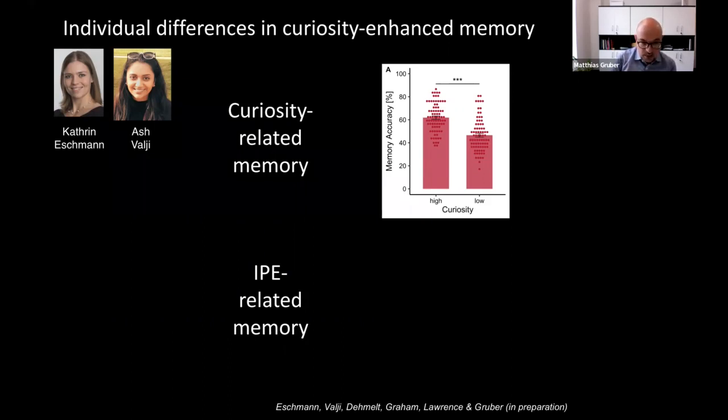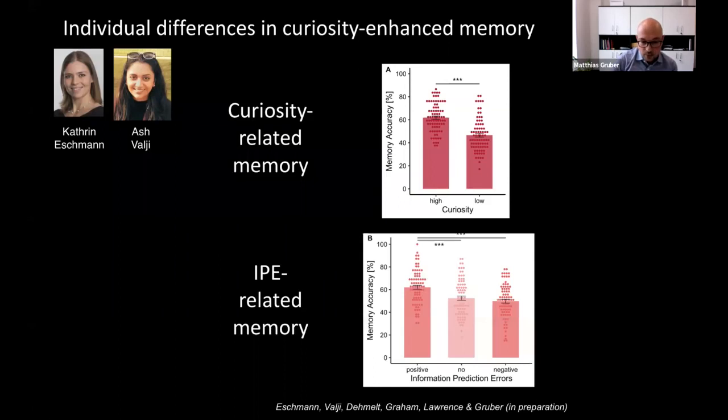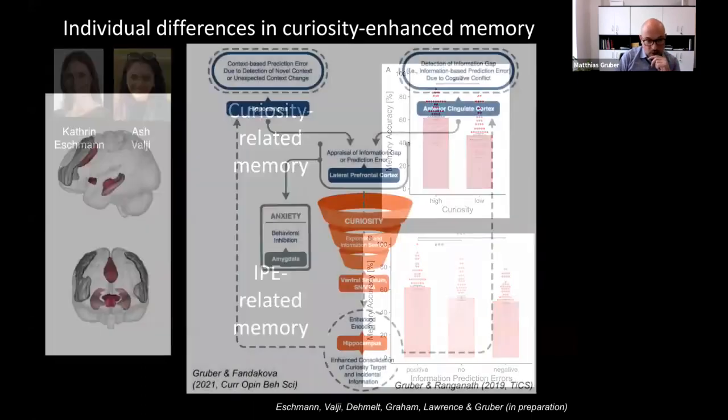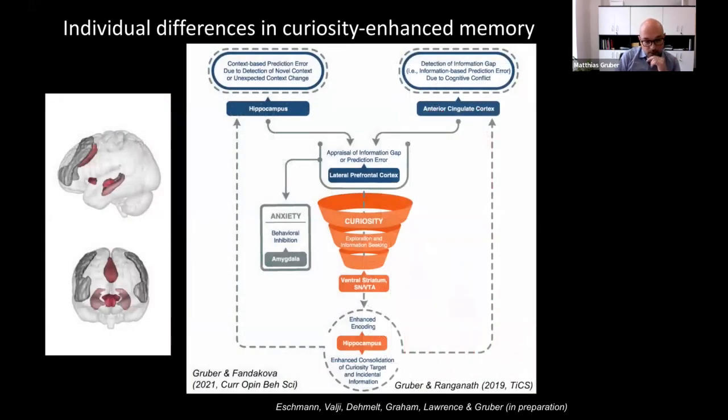And then we can also look at the IPE, the information prediction error related memory. And again, we find the same thing that has been shown in a few studies beforehand, that answers that are associated with a positive information prediction error, so the information was more interesting than you initially thought, are better remembered compared to answers with no information prediction error or even a negative prediction error. And here you can again see there's lots of individual variability in these measures across our participants where we analyzed the data. So then what Katrin asked is, okay, well then let's take the PACE